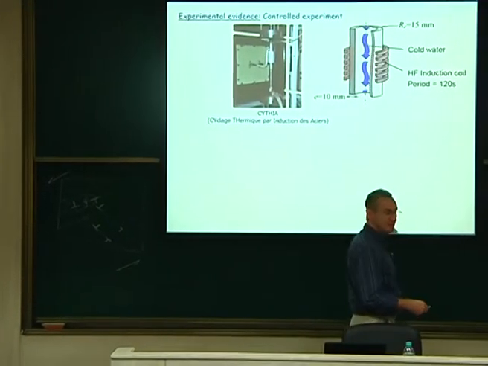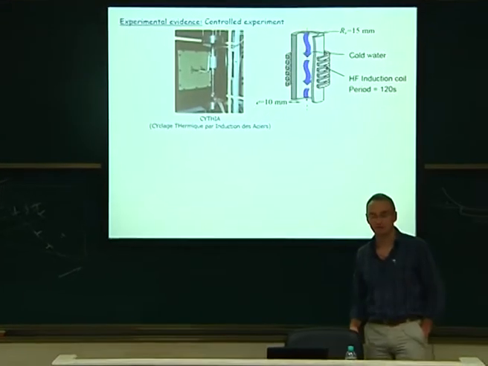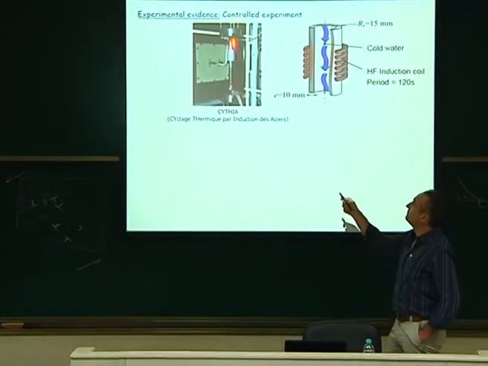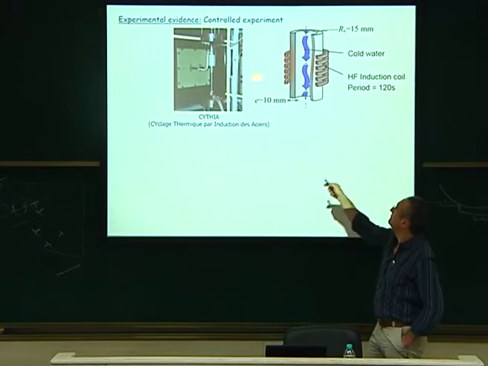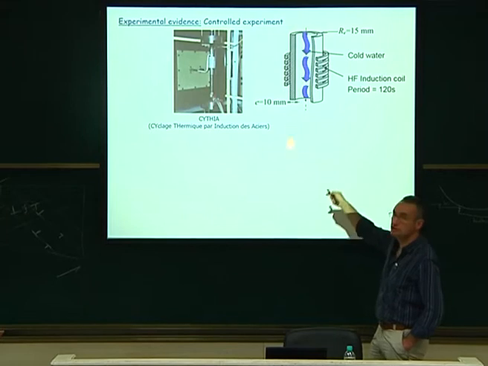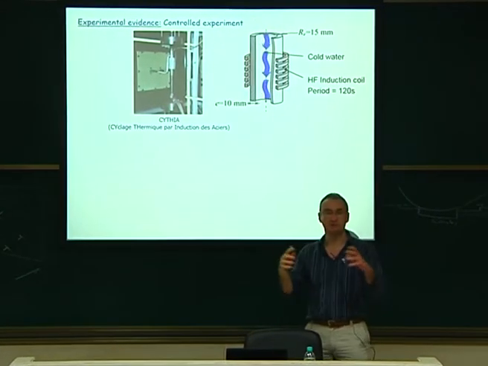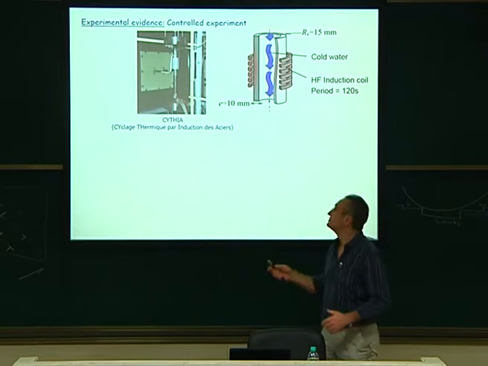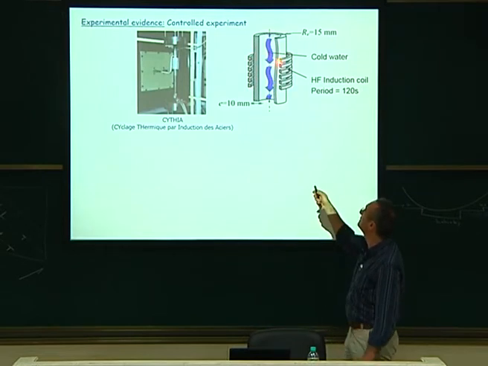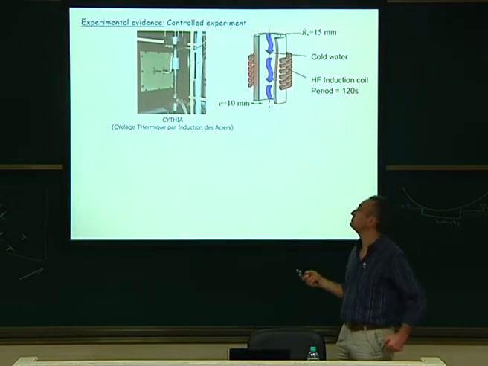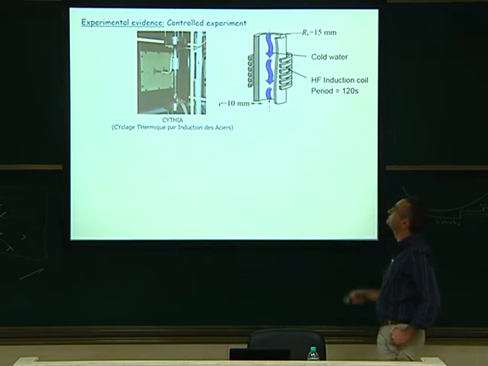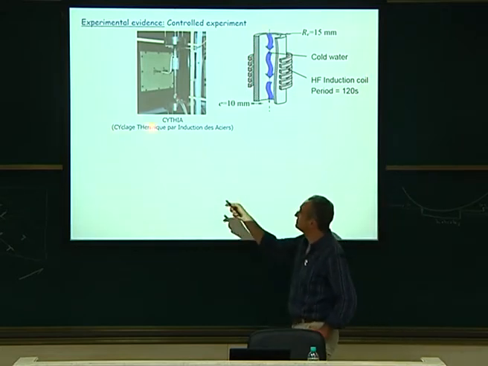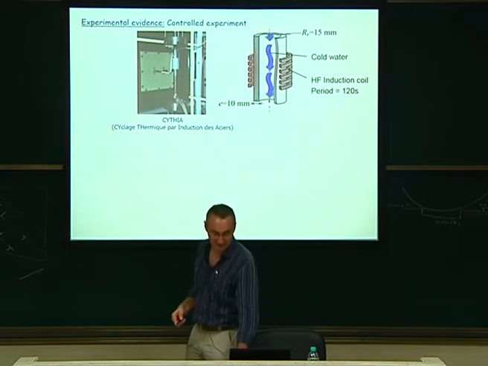So if you do some experiments, this is what they were doing in the Atomic Energy Commissariat in Paris, in France. So they have, I would say, an ideal testing machine, where there is a cooling system, so cooling water coming like that, continuously. And at the periphery, they impose some heat by an induction coil. So this will load the specimen in temperature, and then you will have some stresses. And so you cyclically heat up and down and up and down your specimen with that. This is called CICLA, like cyclage thermique par induction des aciers. This is a CICLA device.